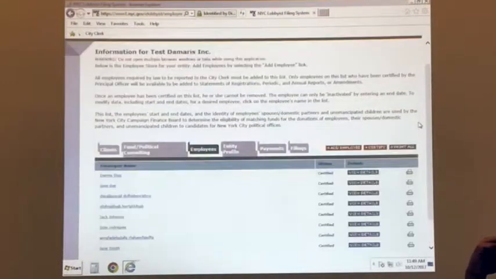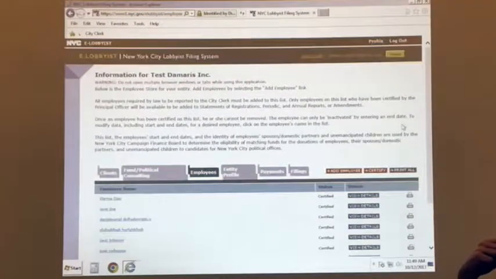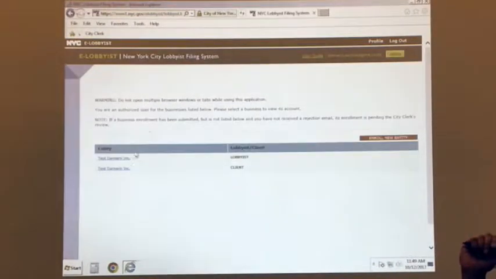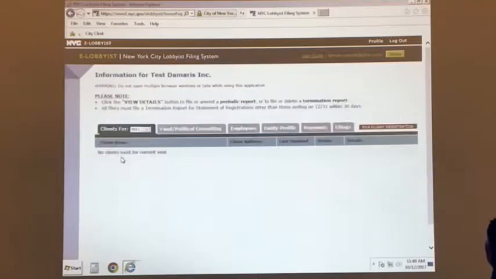If you're lost now, where do you go to do your filings? Clients tab, right? But let's say you were lost in here, just go back to home, double click on the entity name, and you'll be back here. This is where you select the year. And your very first step, which you would all have already done at this point in the year, is you're going to file the client registration. You file it on this orange button.